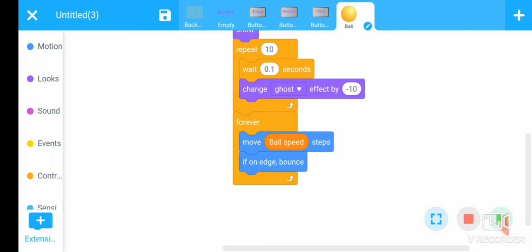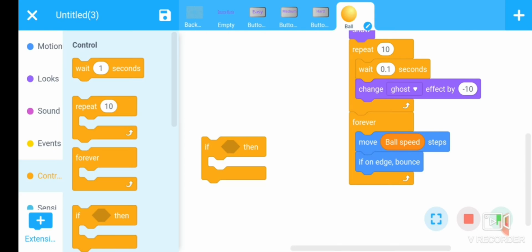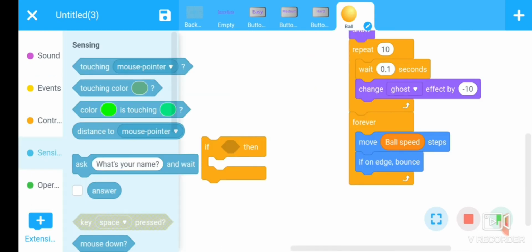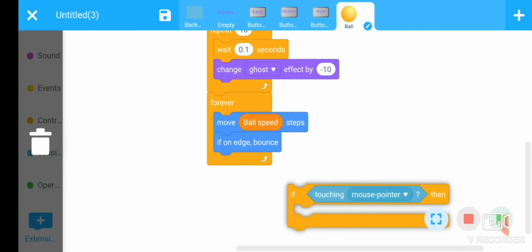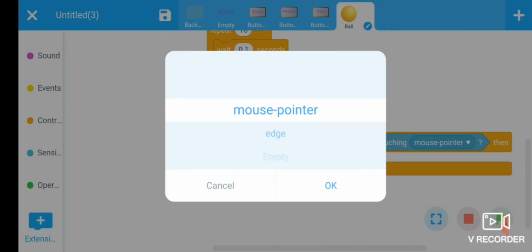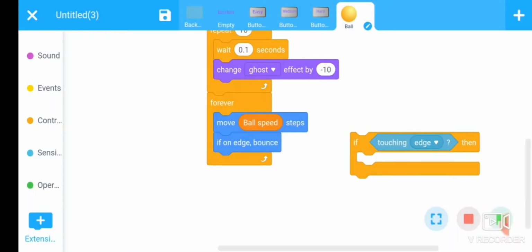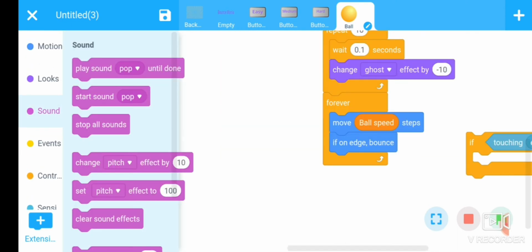For this, put an if then loop. Go to the sensor section, put this command here. Whenever it touches the edge, the size of the ball is increased.